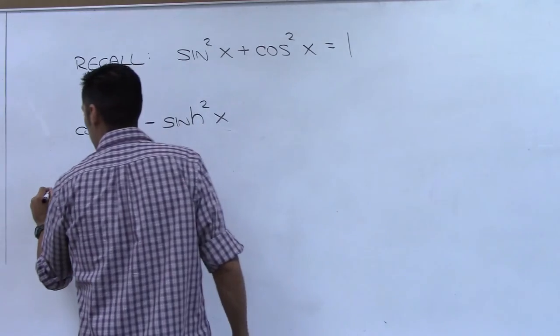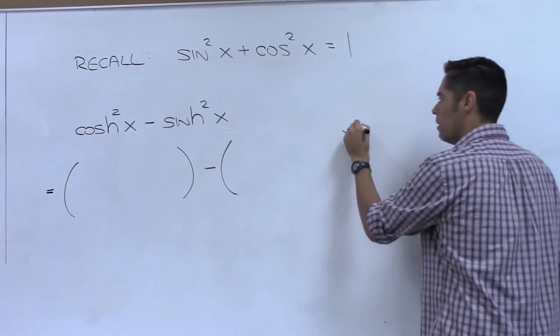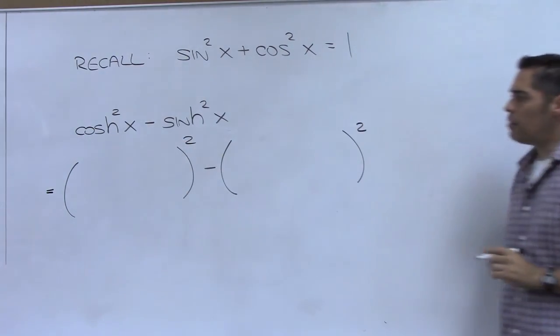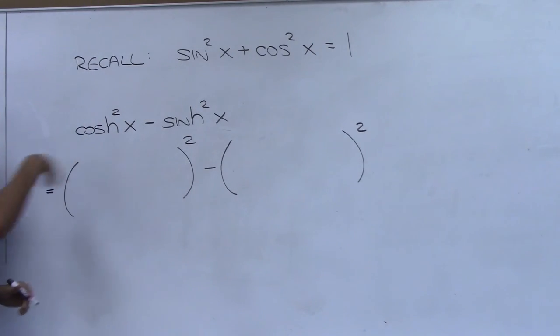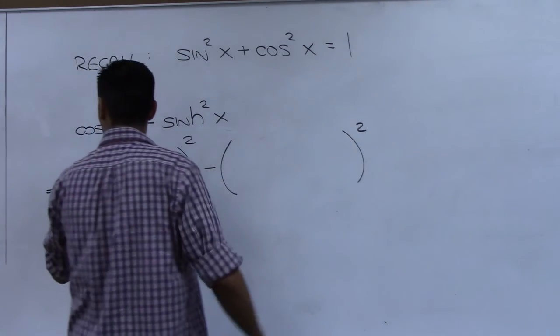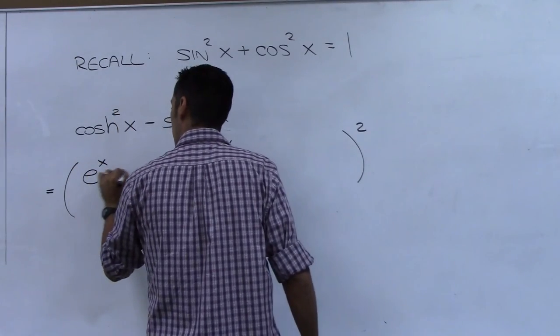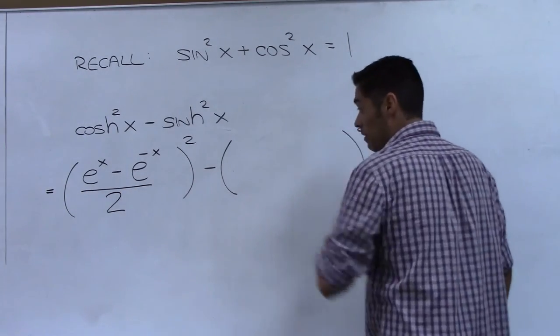Well, let me first start by rewriting this, but instead of writing cosine hyperbolic x, let me actually write down what cosine hyperbolic x is in terms of e. And then the squared here means square the whole thing, right? So what is the cosine hyperbolic x? It's e to the x plus e to the negative x all over 2, right? And then I'm going to square that. So it's e to the x minus e to the negative x, that entire quantity divided by 2,